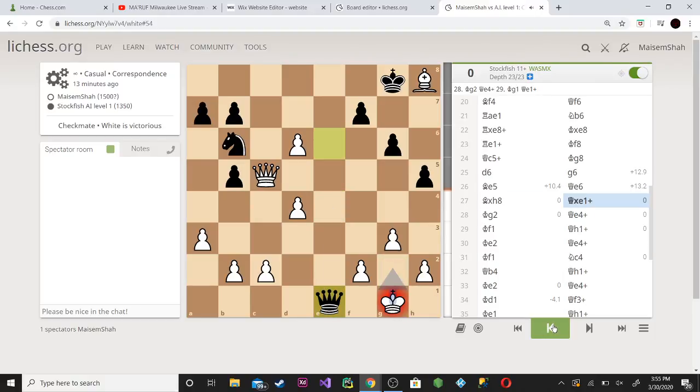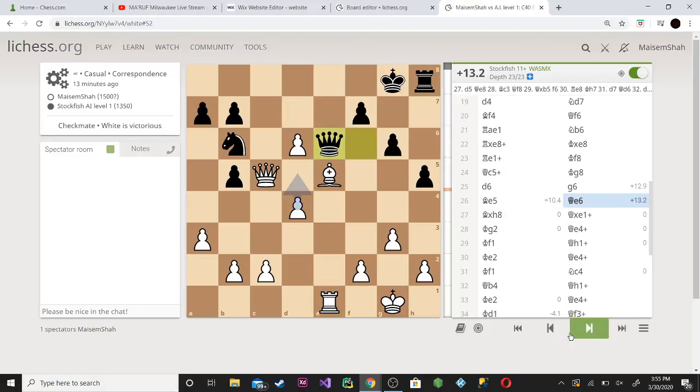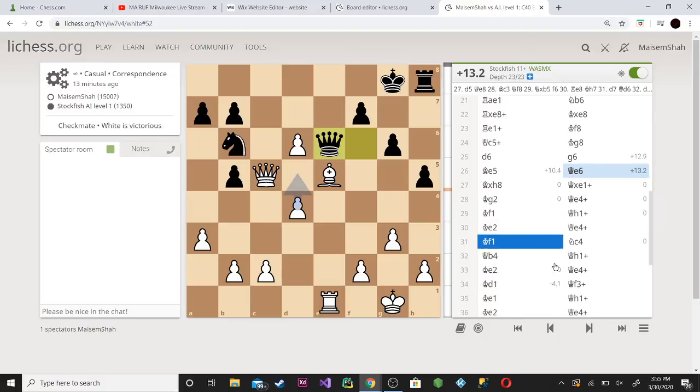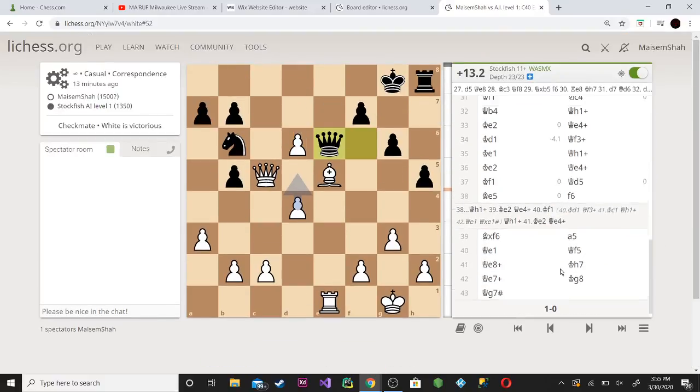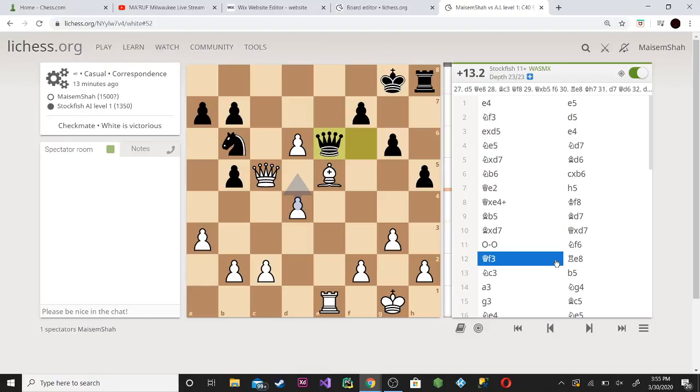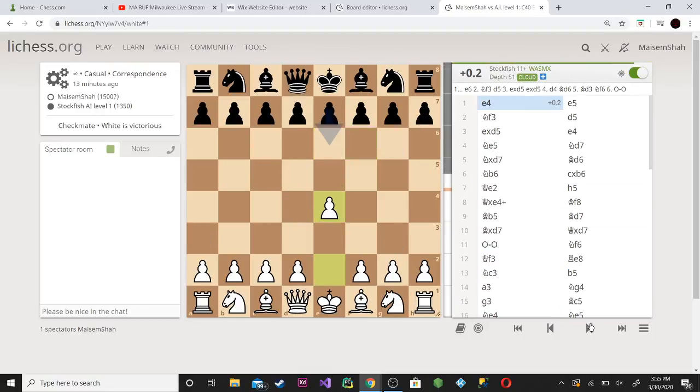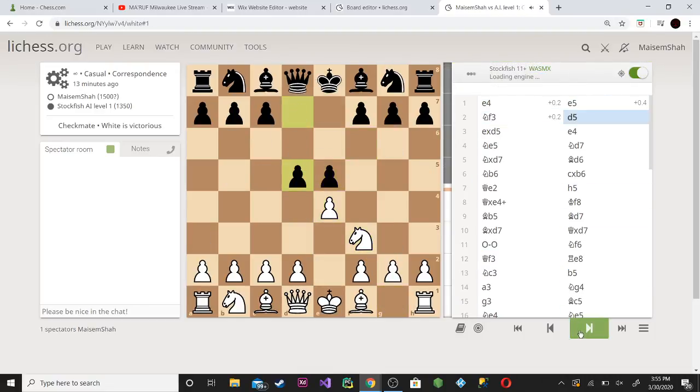I wonder why he just didn't take your bishop first. Wouldn't that be winning for black? No, if you took my bishop, then I can trade and I have two center passed pawns. Oh yeah, never mind. And you just push the pawn. So that's why you gotta be careful. Even if it looks like you're winning, it doesn't always mean you are. One bad move can mess everything up. This game was like luck and skill. Even our opponents, if they play something better for us, it's kind of lucky. But if we go back to the opening,